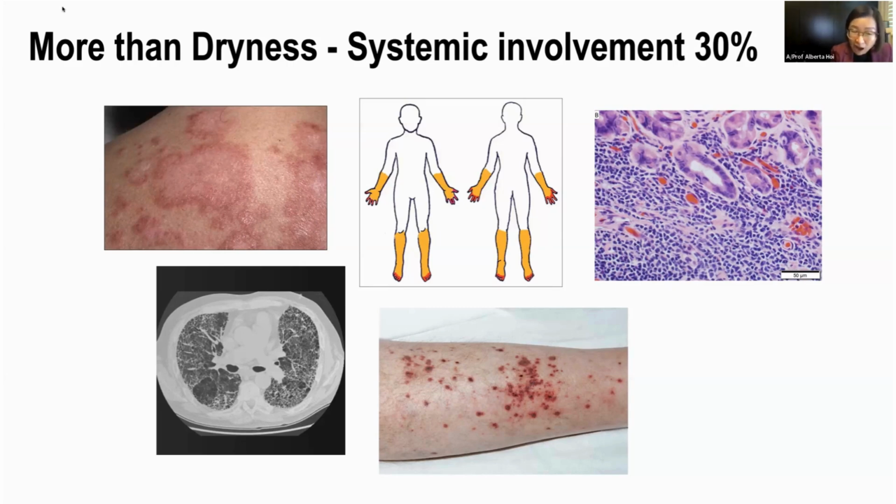I've shown on these pictures some examples of a certain type of rash that can be seen in Sjogren's disease. They can also get a peripheral neuropathy, so they get sensory symptoms or tingling. Rarely, it can affect the kidney and cause inflammation there. And lung disease is also under-recognized, and we sometimes see patients with quite progressive scarring type of lung disease.